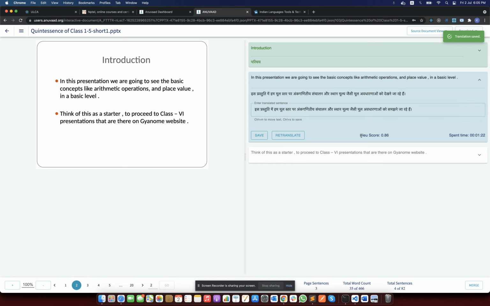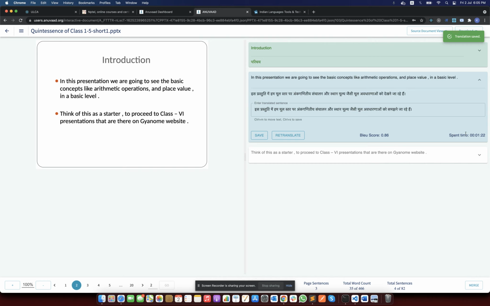For example, the BLEU score parameter. This is primarily used to calculate how accurate the system translation was as compared to the human translator's sentence. When the sentence generated by the system and the sentence entered by the translator are the same, then you will see the BLEU score to be 1.